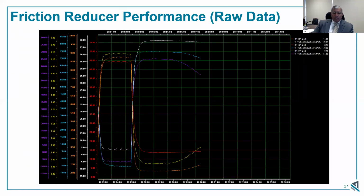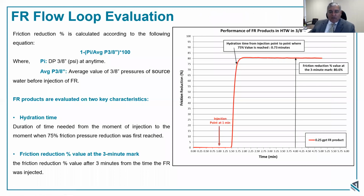Here's what the data generates. This is the raw data. The red, orange, and yellow lines are the actual baseline pressure readings of the transducers for water. Once the FR is injected, we see how well it hydrates, and then we have a drop in pressure, and that is what we measure whenever we do the calculation. At the end of the day, we take these differential pressures and come up with a graph like this,